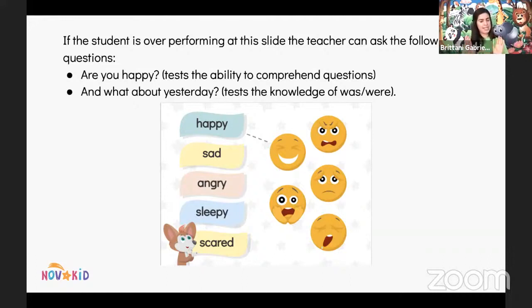Now remember, keep your questions relevant and within the student knowledge. It's not necessary to ask, "were you angry yesterday when your dad took away your computer game?" These questions are too complicated for a level 2 student. Try to remember to keep your questions simple, but also extend and expand and adapt to your student. I'll give you a moment now to type your answers in the chat.